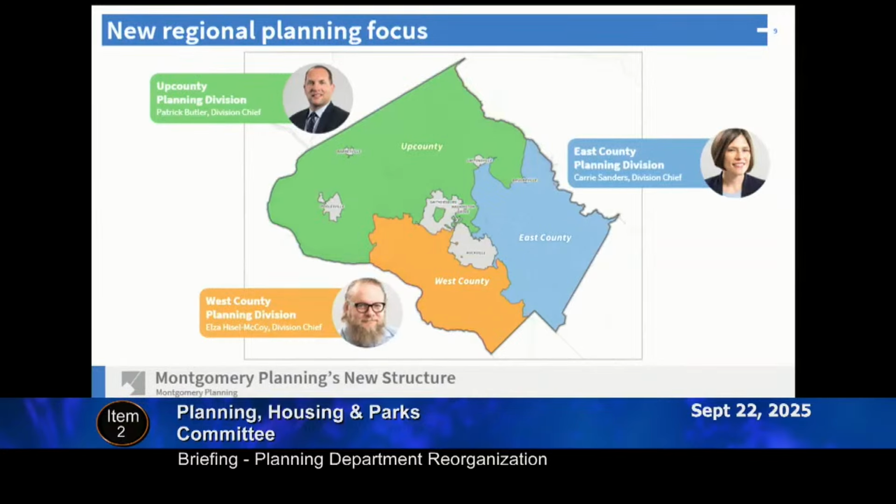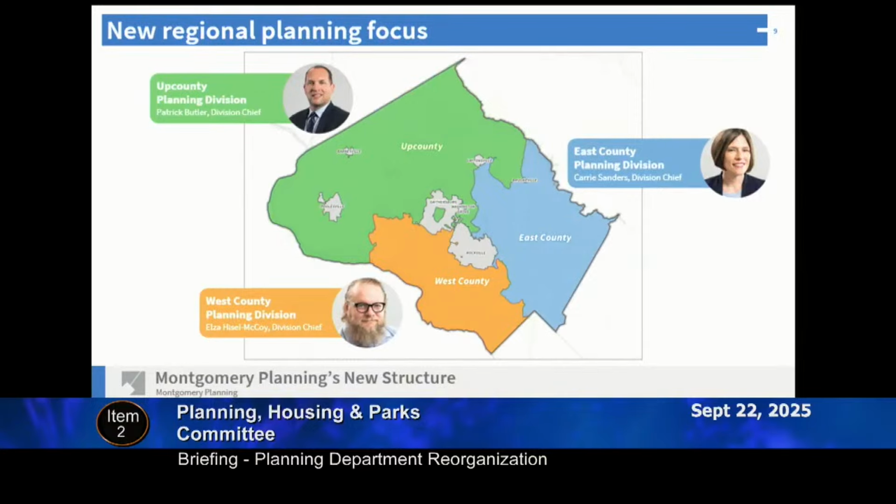One thing I would note is that while these new regions mean that our division chiefs have established new relationships with the communities and leaders within those neighborhoods, that's not necessarily the case with all of the staff in their divisions. We didn't simply transition teams with their chiefs. So we tried to maintain staff in areas where they had already built some relationships. So some of the old mid-county team members are now in West County planning because that's areas that they were familiar with and that they worked on.